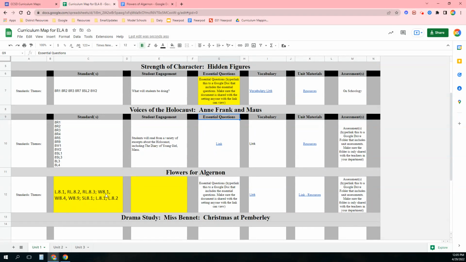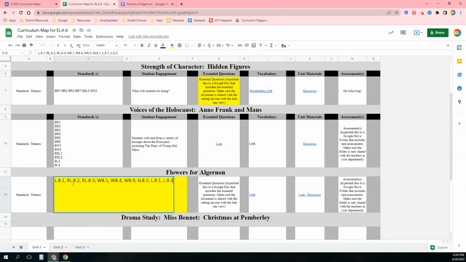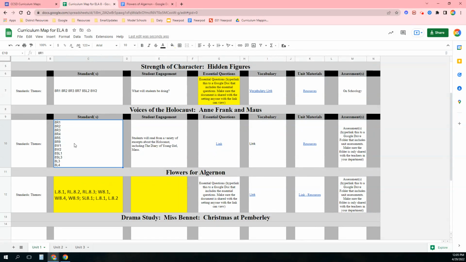Right. The next item that I want to look at is the standards for the Flowers of Algernon unit. So there's a couple of issues here. One, we have a big list of items, but also the formatting doesn't match. So to create a list of items within the cell, like you see up above,